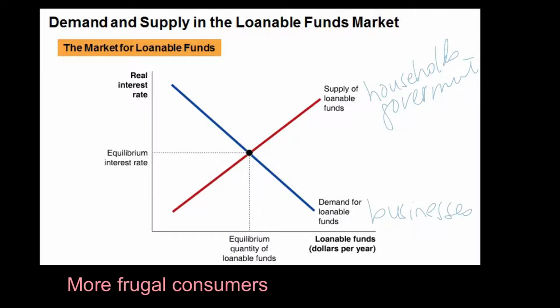And this happens sometimes in the business cycle. Perhaps they get scared of the future. They think that job losses are coming, and so they become more frugal, which means that they want to consume less and save more. Okay, so what we're saying then, much like we said way back in micro, is that demand and supply curves exist at a point in time, but if factors change, the curve will shift.